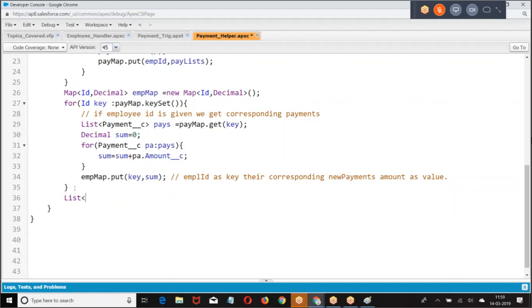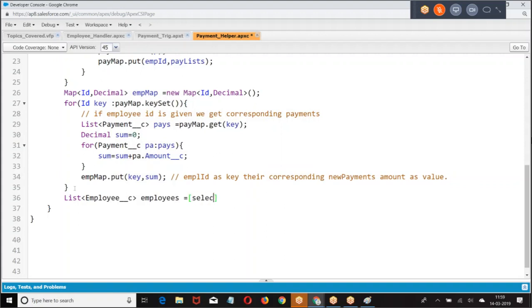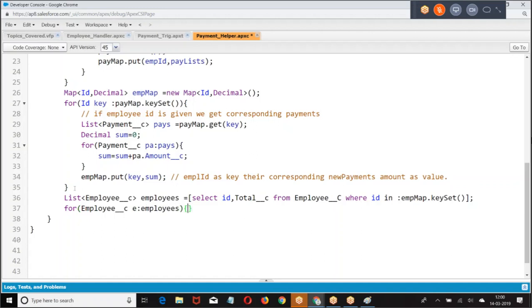List of employee. Get employee data for employees.